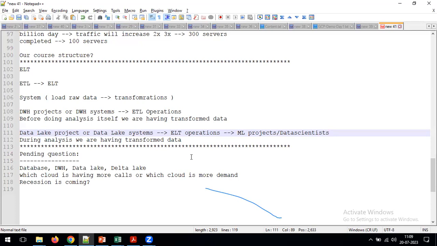There we are going to have the aggregated data. What is the meaning of aggregated data? That is the transformed data already. For example, if I'm given 1,000 transactions for 100 customers, every customer is doing 10 transactions. I'm just giving the example. We have 100 customers, every customer is doing 10 transactions, so now we have 1,000 records.